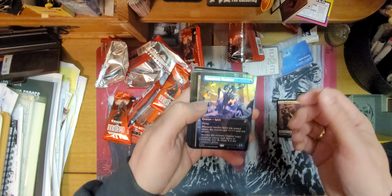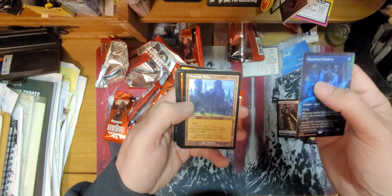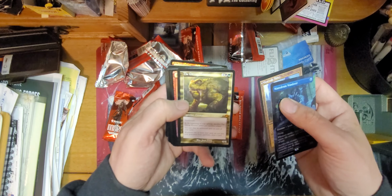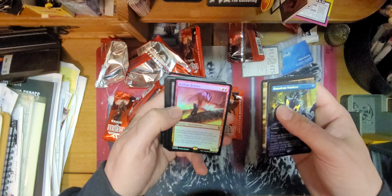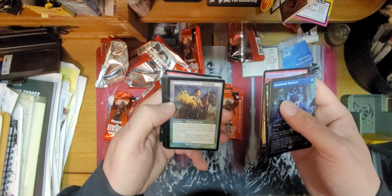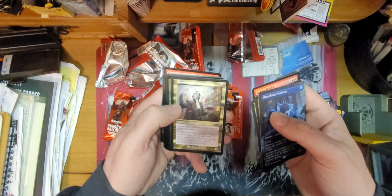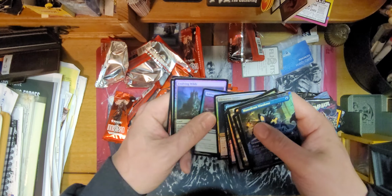Human Soldier, we have a Mausoleum Wanderer. Westvale Abbey in the retro. Get Rogged, Get Wrecked Monster, retro. Bedlam Reveler foil. Ambitious Farmhand and foil. Bloodthirst Harvester. Young Wolf, the Plains, and...